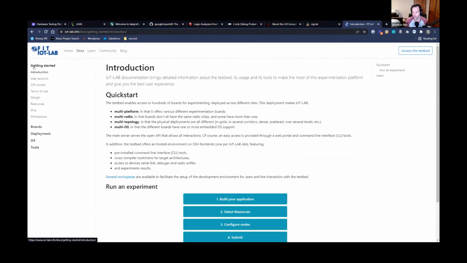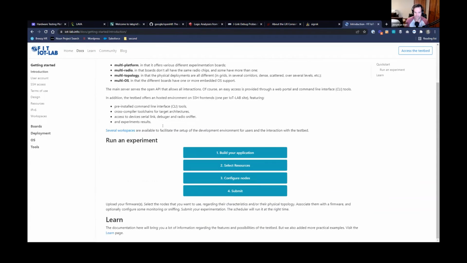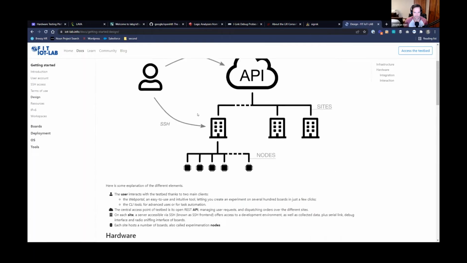So this is used for academics, master's, PhD students who want to work on their papers. And so they need to be able to run lots of tests across lots of devices, measure the power consumption. So they're using different types of test equipment. And this is what I was looking for.